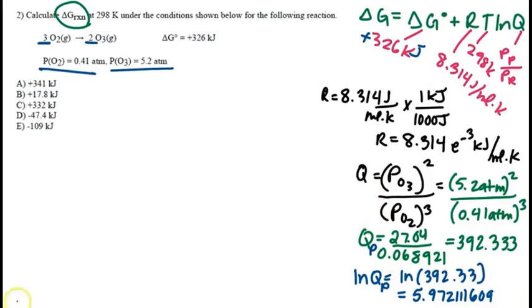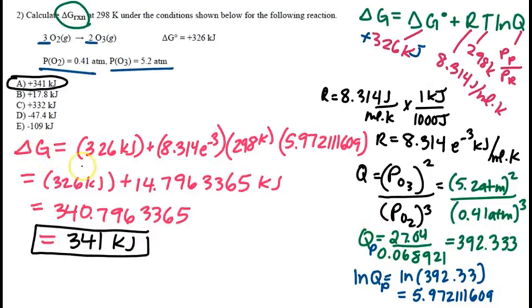Let's go ahead and get it. So my delta G is going to equal 326 plus 8.314 times 10 to the negative 3 multiplied by 298 multiplied by 5.972111609. And so when I multiply all these numbers together, I get 14.7963365 kilojoules. And I'm going to add that to 326. So overall, I get